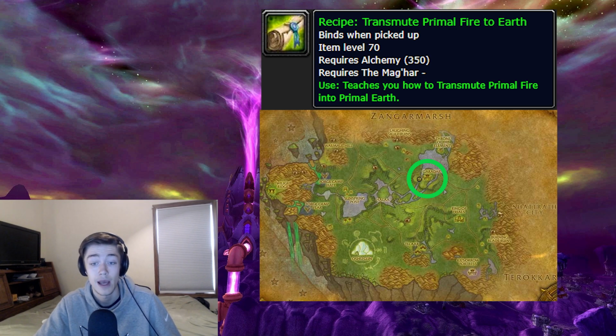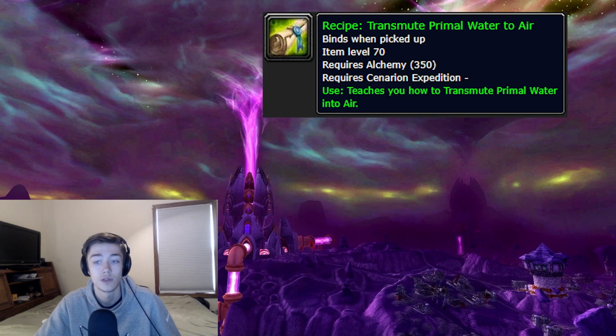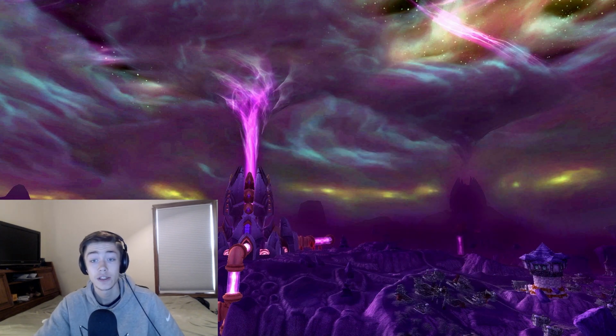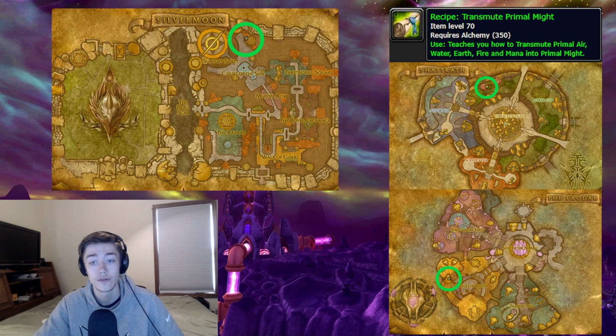the Mag'har. And the Alliance vendor for this recipe requires Revered with the Kurenai and is sold here by Trader Narasu in Telaar. Transmute Primal Water to Air requires Revered with the Cenarion Expedition and is sold here by Fredrin Swiftspear in Cenarion Refuge. And finally, Transmute Primal Might has a neutral vendor named Skreah in the Lower City, an Alliance vendor named Alta in the Exodar, and a Horde vendor named Malaris in Silvermoon City, where you can purchase